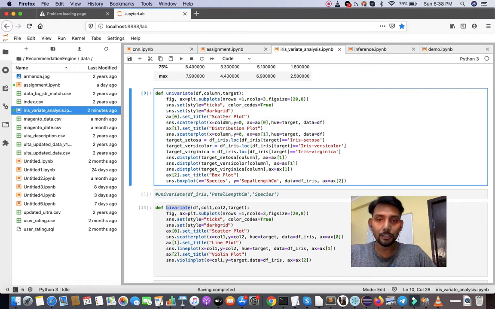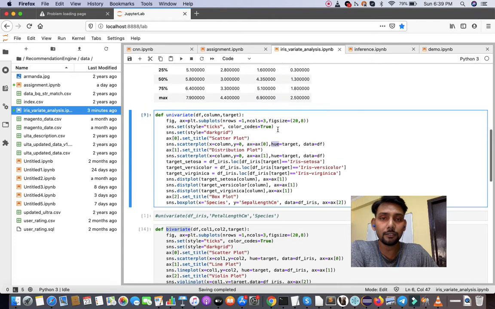So for this scatter plot, we have used sns.scatterplot. We have the scatterplot function where we pass the columns for the x-axis and y-axis, then where we have to plot it. So on axis 0, where axis 0 is the first column of this subplot. You can see that here I have stored the subplot information in the axis variable and the figure information in the fig variable, right? So again here, hue is equal to target. So hue is basically our target variable, right?